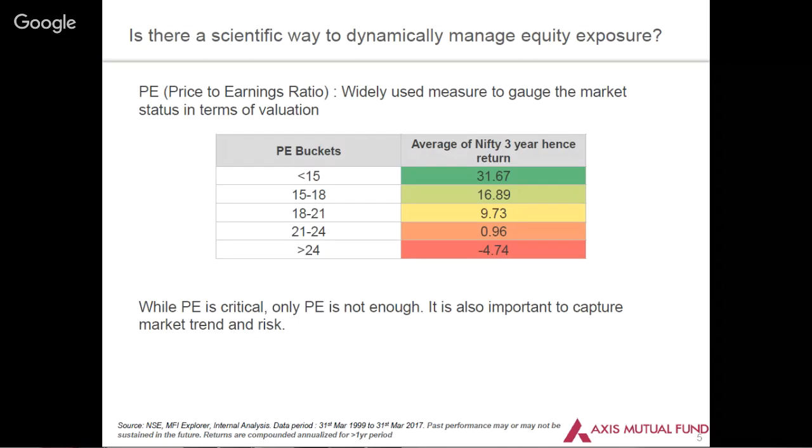What we have seen historically, and this is the chart that we have on the slide also, is that there is a very strong relationship between the valuation of the equity market and its prospective returns. What it means is that if you invest when the market is at a high valuation, your prospective returns are lower as compared to when you invest at a lower valuation, when your prospective returns are higher. This is the same data that we've put up in a table format on the slide as well.